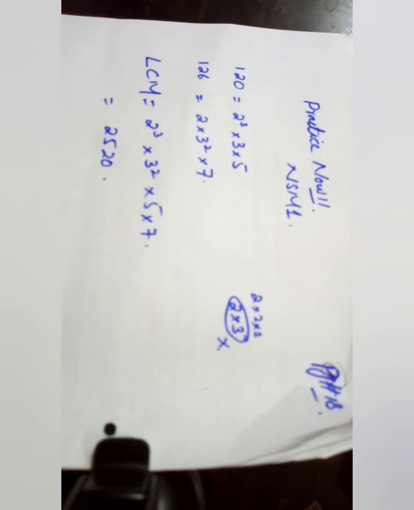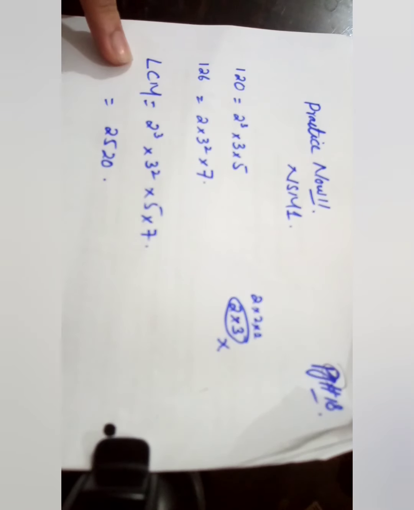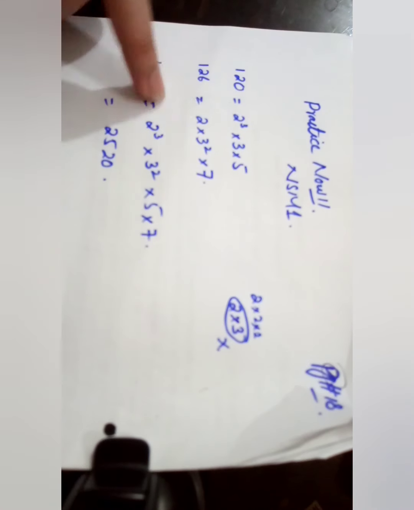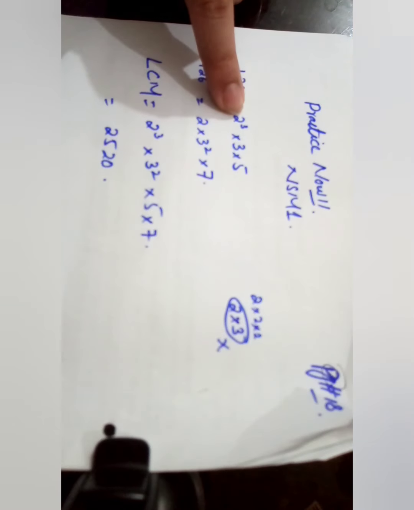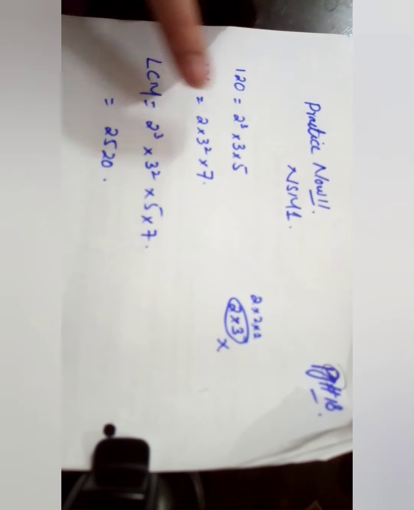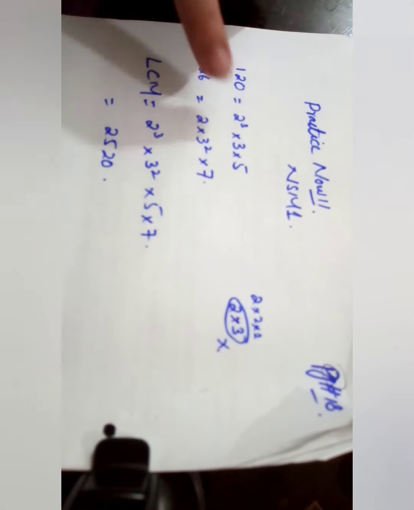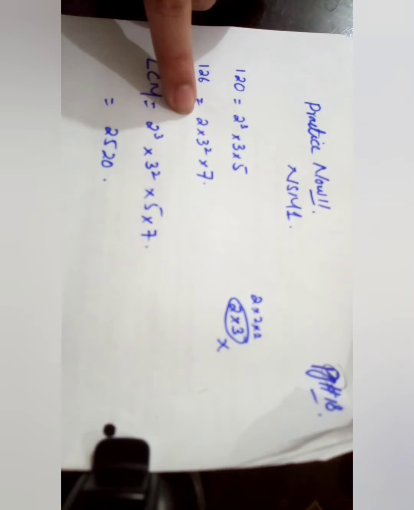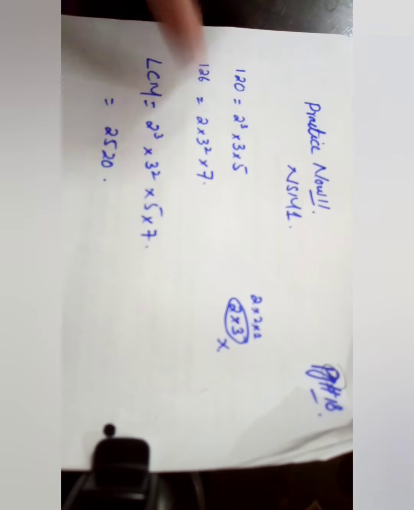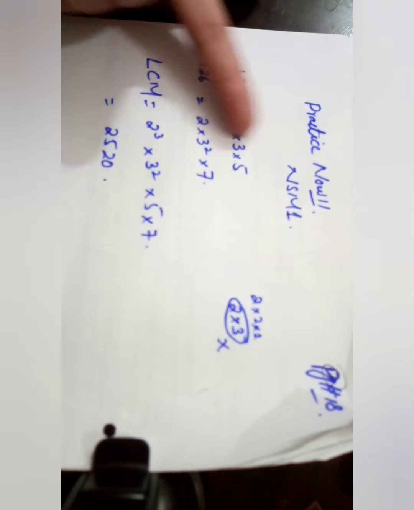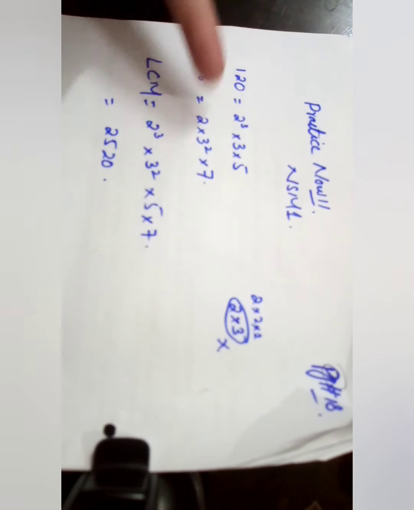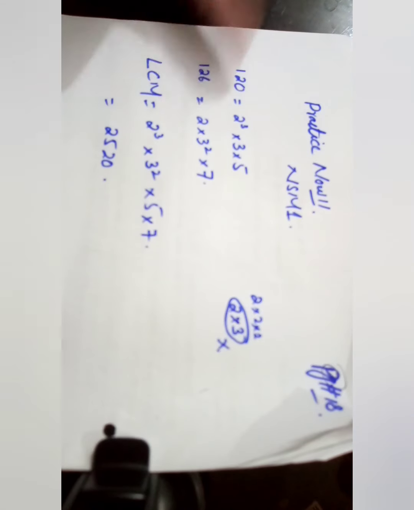But if you want to solve the question quickly, whenever you are working with the LCM, just take the highest power. This 2 is common in both, because these two also have the power of 1. And what is uncommon, we have left behind the 2 power 2, but that 2 power 2 is not in this category. So when we take the common as well as uncommon factors, the highest power is most probably the suitable one, because the highest power covers the factors common as well as uncommon.